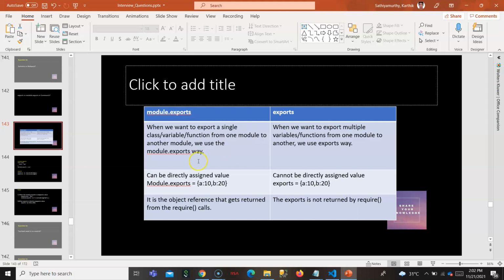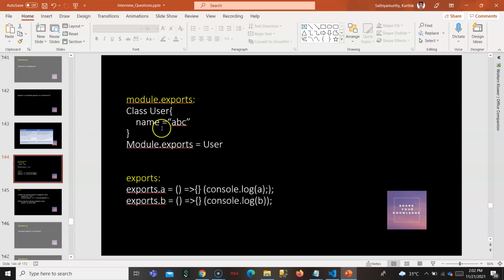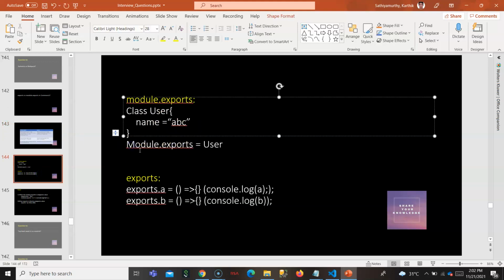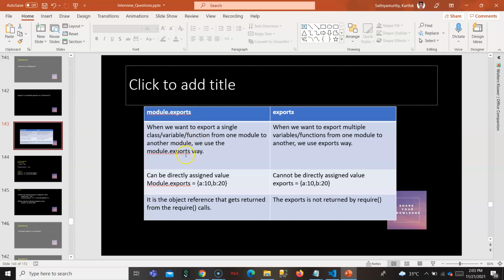So we normally use it in these ways: module.exports equal to a value, or exports.a. This is what I told you: with exports it can be done only using a property, you can't directly assign a value to exports. But in case of module.exports, you can directly assign a value. The other great difference is,